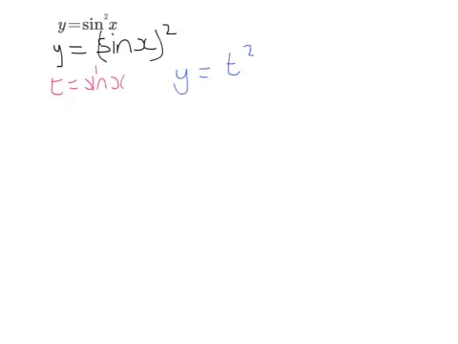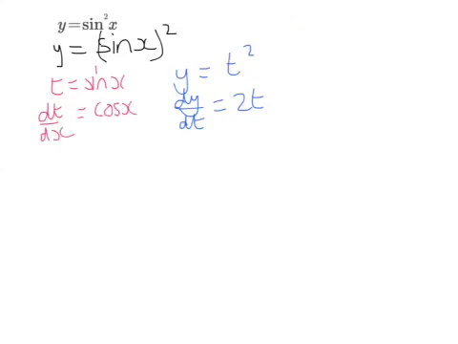Okay, the reason this is different is this. Watch, it's really clever. Okay, sine squared x actually is our way of writing (sine x) all squared. So, actually, the t is inside the bracket. Okay, so t is sine x, and therefore we've got y equals t squared. Okay, so dy by dt is 2t, and if we differentiate our t with respect to x, we get sine